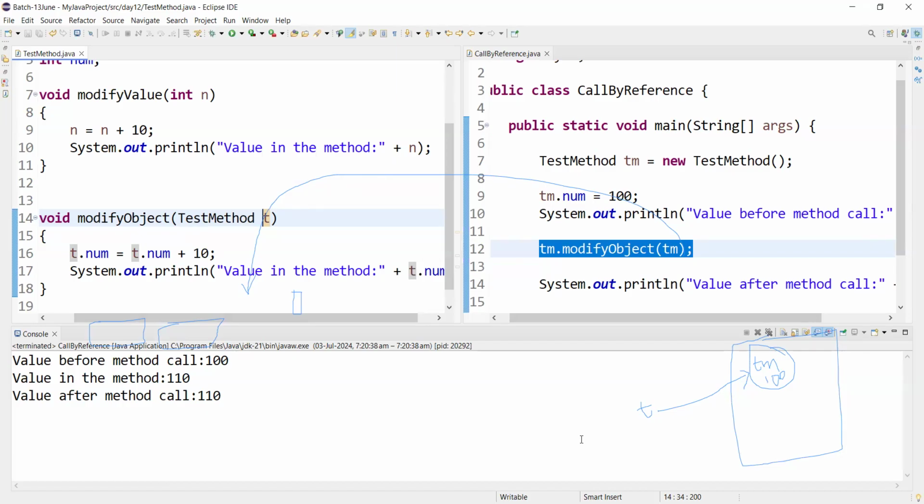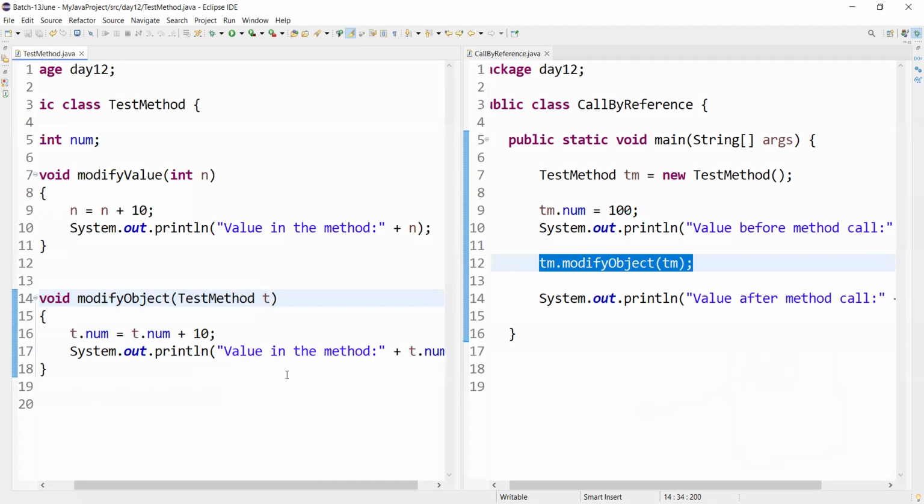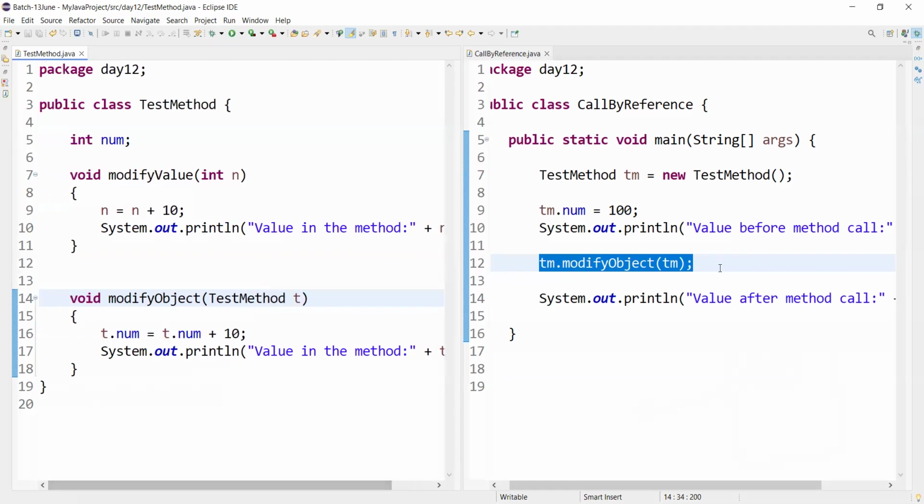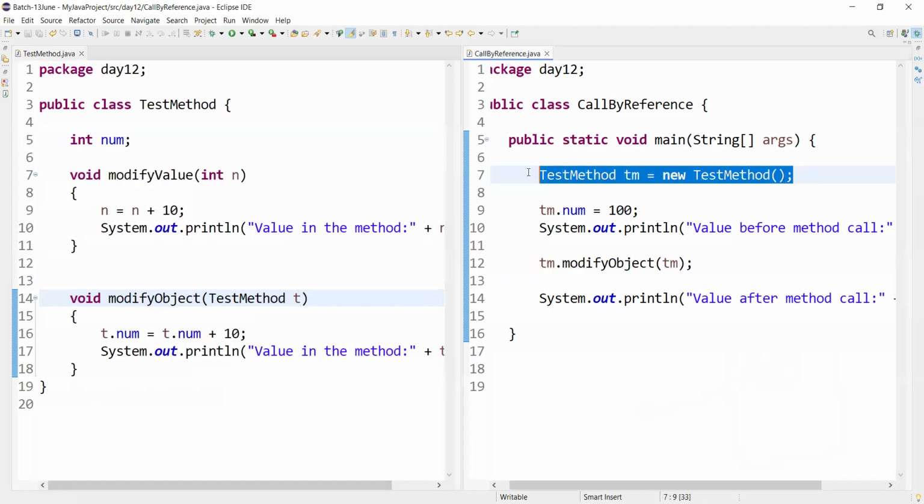Whenever we pass the reference, whatever changes we make inside the method on the reference variable are preserved and reflected in the original object, which actually called the method, right? Because both point to the same object reference, that's what we call object reference. We learned this already. When we create an object for a class using the new keyword, an object gets created in memory and an object reference is written to this variable called tm,